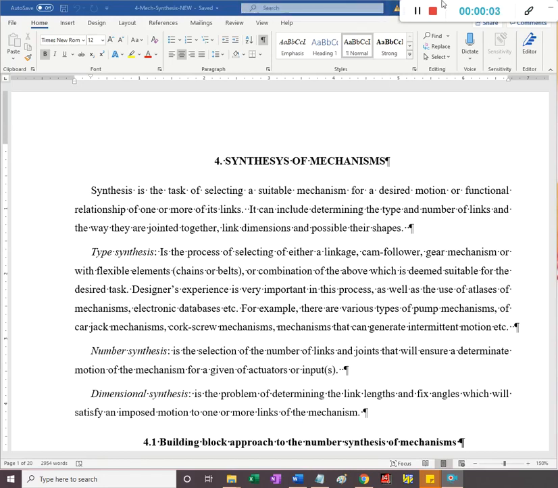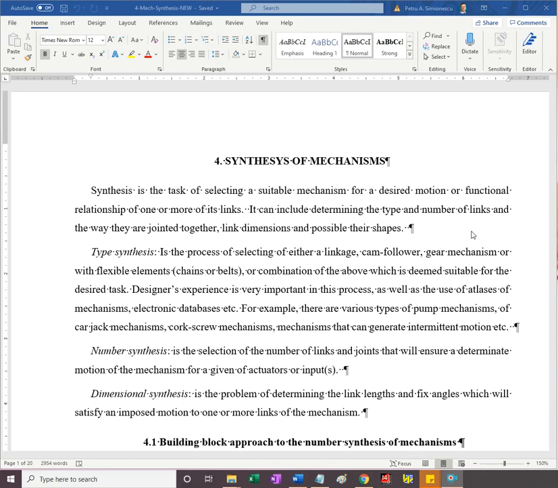Hey, this is going to be the last lecture of the semester on synthesis of mechanisms. So far we have, with the exception of cam followers and maybe determining transmission ratios of gears and belts. Think your project, a belt in series with a gear, where we had to do what is called number synthesis, find the number of teeth